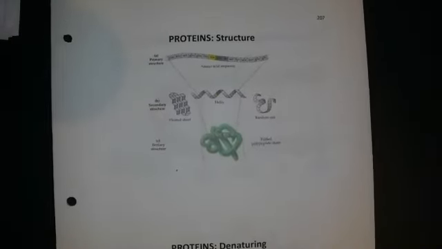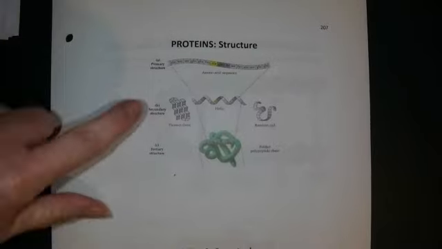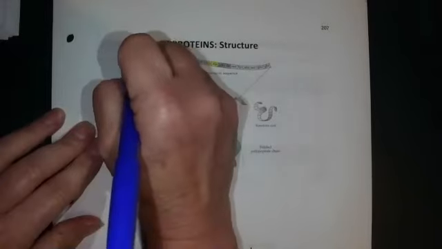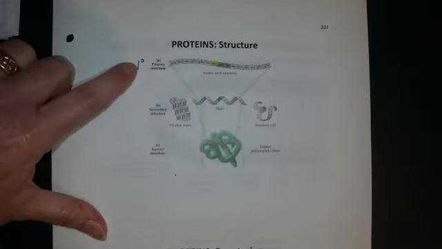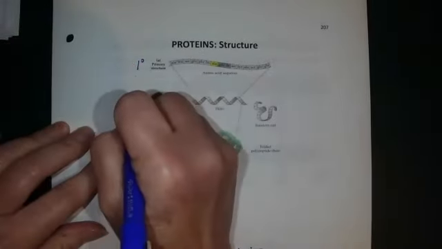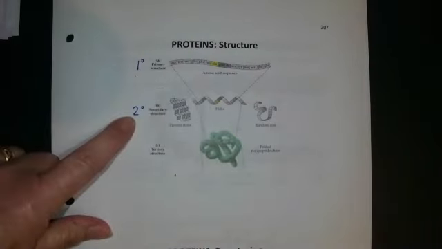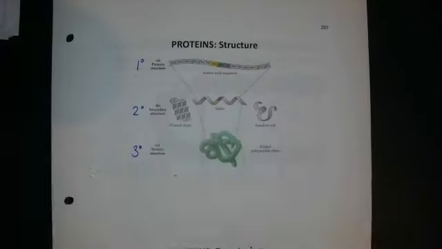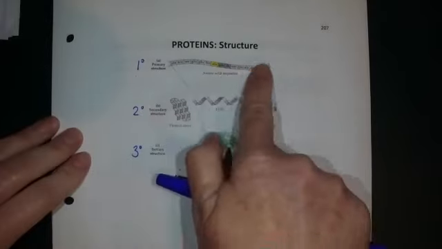207 is showing different levels of protein structure. And here's the words that go with the symbols we saw a moment ago. Primary structure is abbreviated this way. You've seen this before. Secondary structure is indicated with a 2 degree. Tertiary is this. What are the primary, secondary, and tertiary levels of protein structure? Here it's showing it in pictures.